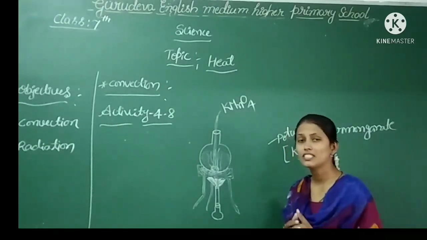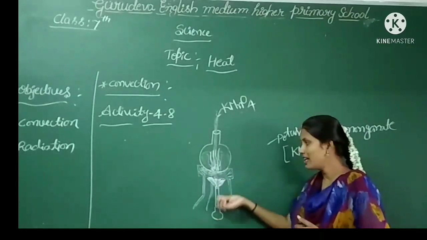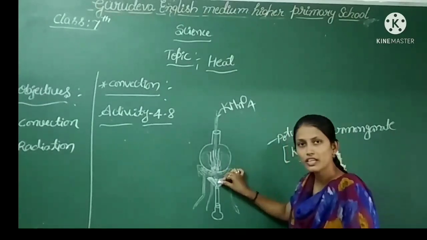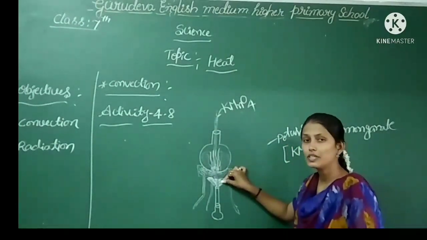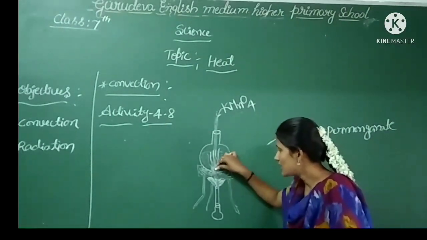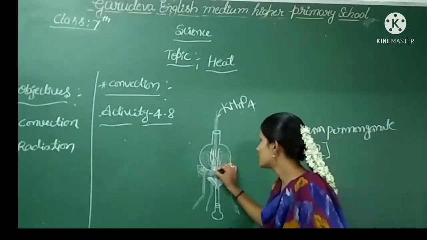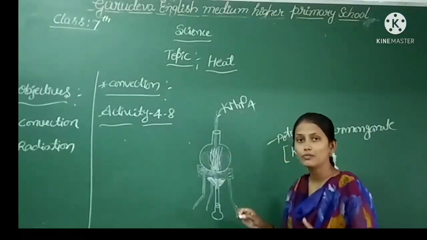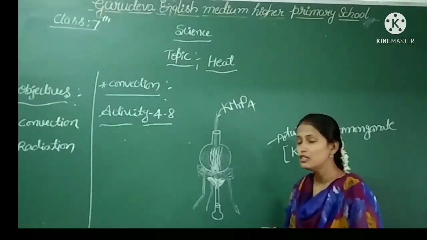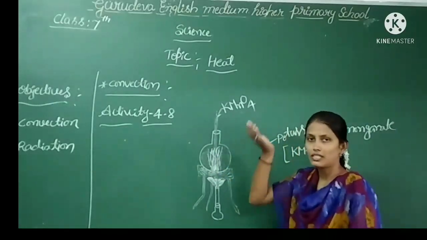Dear children, what does it indicate? Here we are heating the water. When we heat the water, the water present near the heat source, the burner or in this activity the candle, absorbs the heat energy and rises up. Here the pink colored fumes rise up. Why? By absorbing the heat energy they become light, so the water molecules or water vapor start to rise up.